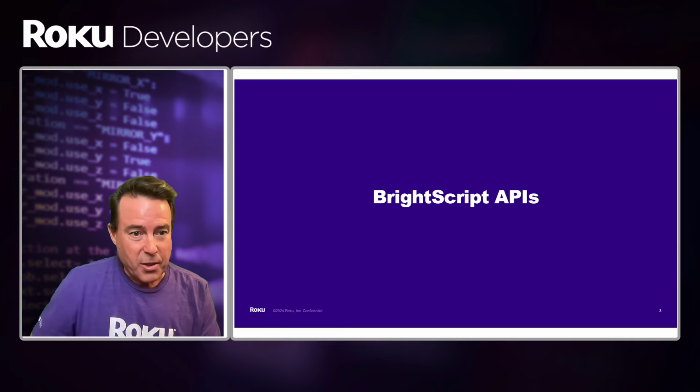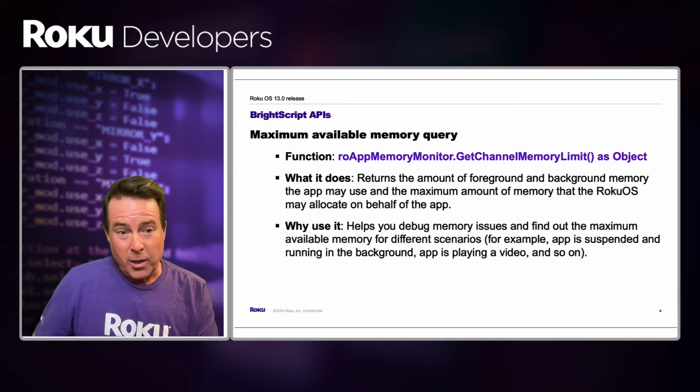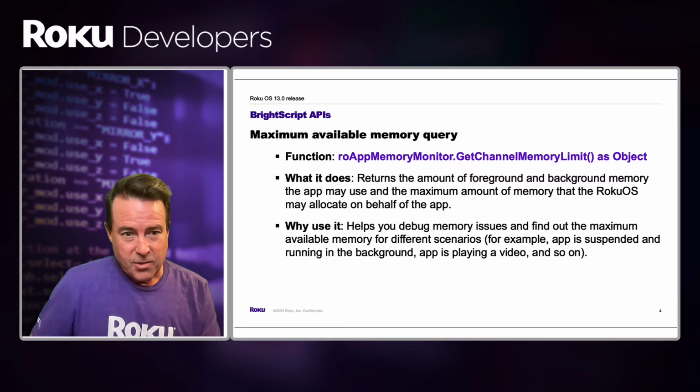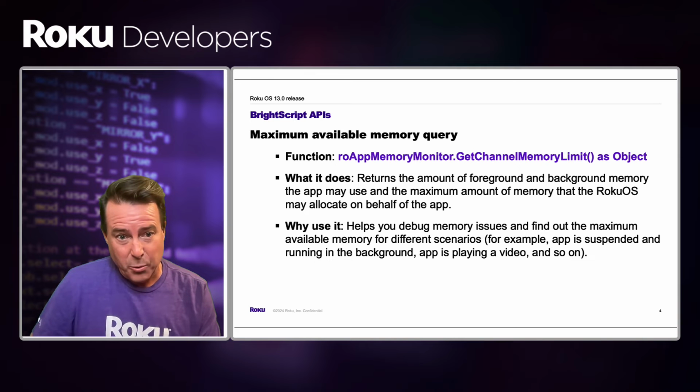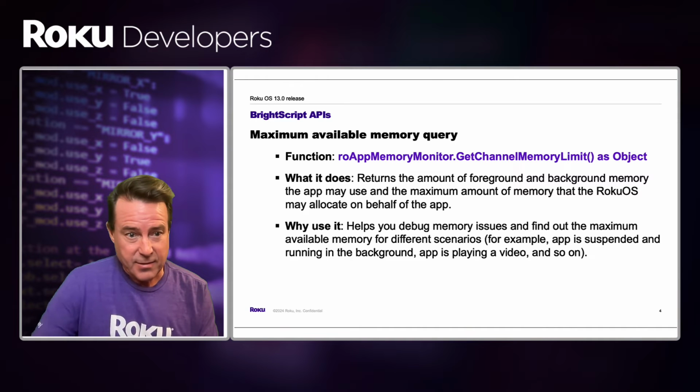Starting with the BrightScript APIs, the first one has to do with querying the maximum available memory. So Roku app memory monitor.get channel memory limit will return basically all the limits per device. On each device, we may have different limits, and the API will return the limits for the device it's run on, and it'll give you